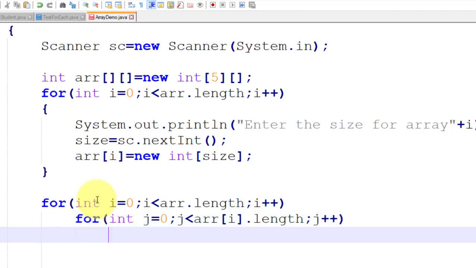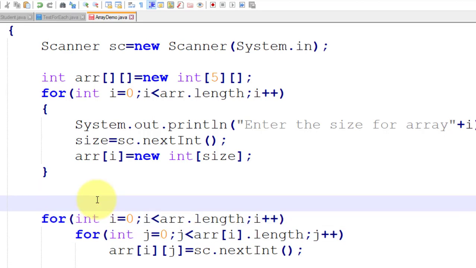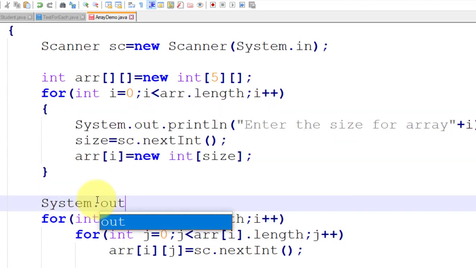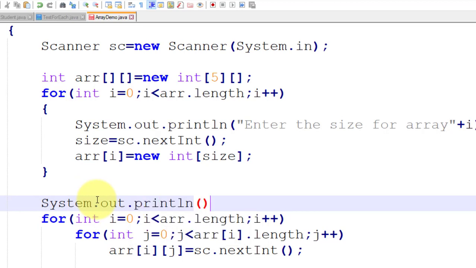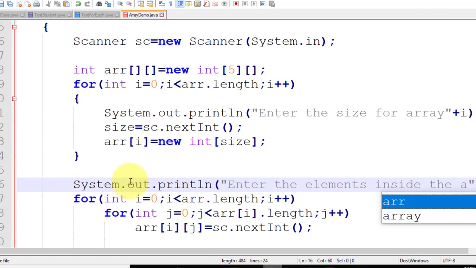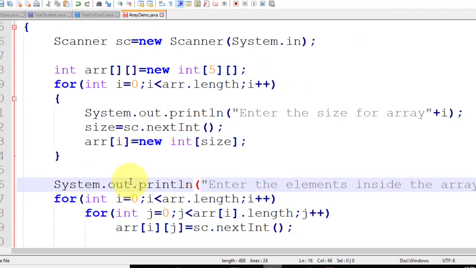Okay, and what you have to do, arr[i][j] is equal to sc.nextInt, correct? So here I will give a statement, System.out.println, enter the elements. Okay.